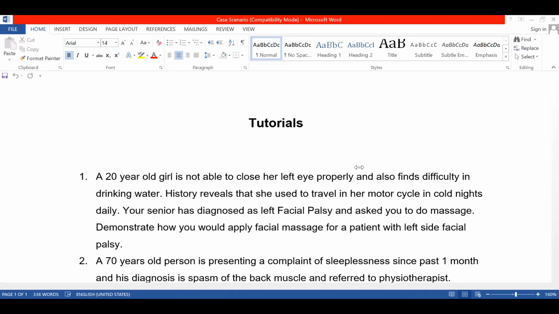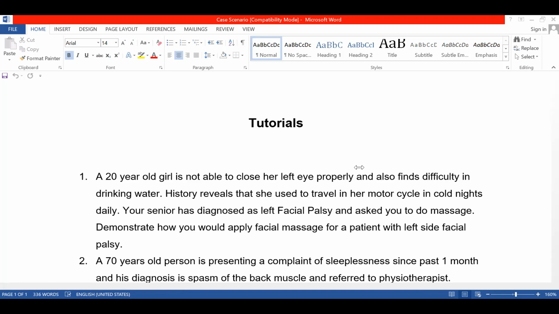For example, if you are doing for single muscle tightness, or if you are doing for muscle spasm, then you can go with any direction, either from proximal to distal or distal to proximal. The only thing is you stick to a particular sequence. That means if you are giving from proximal to distal, all the techniques except effleurage will be proximal to distal. Only effleurage will be from distal to proximal. Is that clear? So you have to stick to one sequence so that you give good relaxation to that particular muscle.